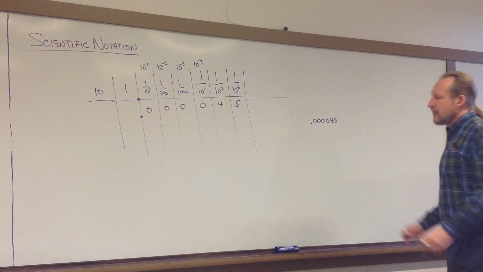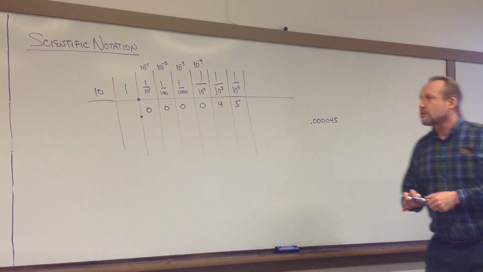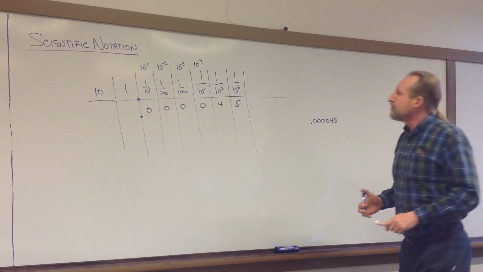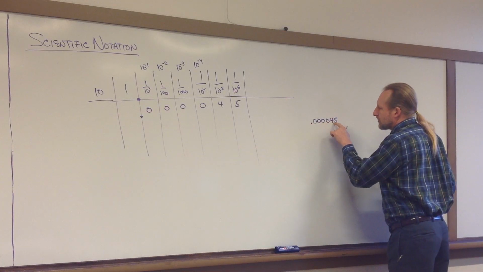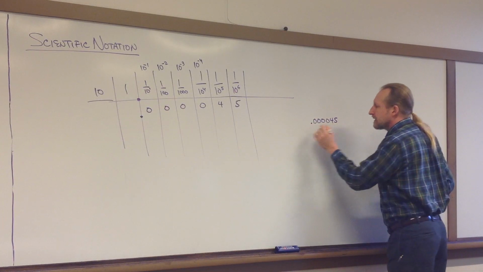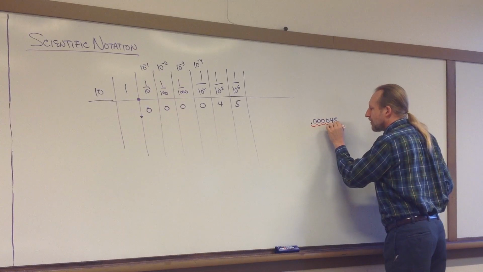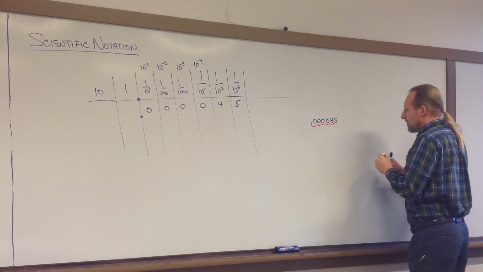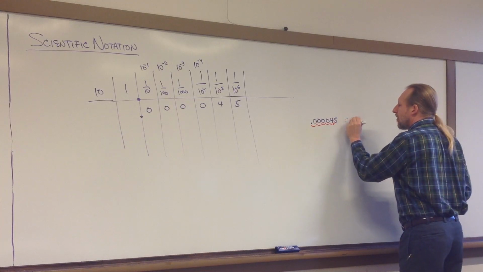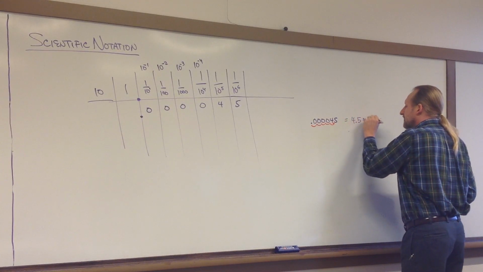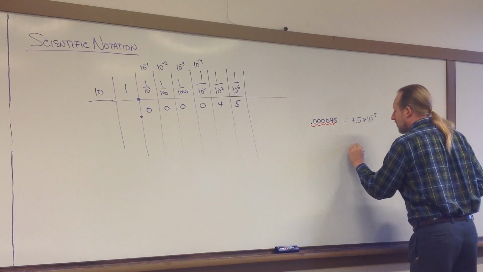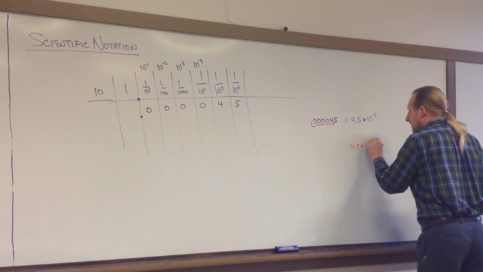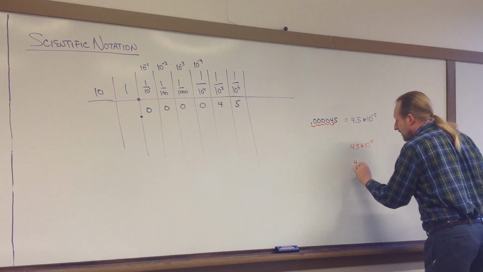So if we were to write this in scientific notation, we've got to move the decimal point backwards so that this number is between 1 and 10. 1, 2, 3, 4, 5 places. So this is going to be 4.5 times 10 to the negative fifth. Okay? So if you had this number, 4.5 times 10 to the negative fifth, then to write it in standard